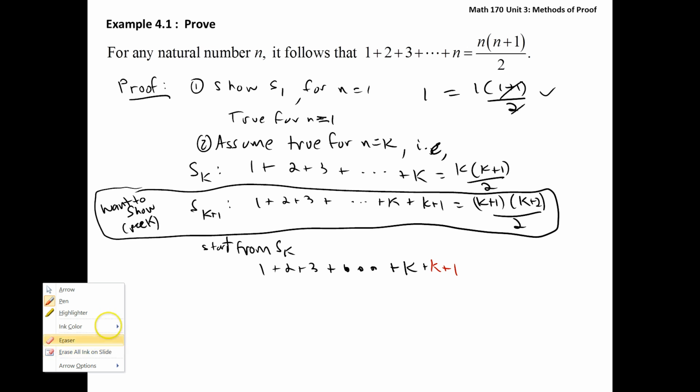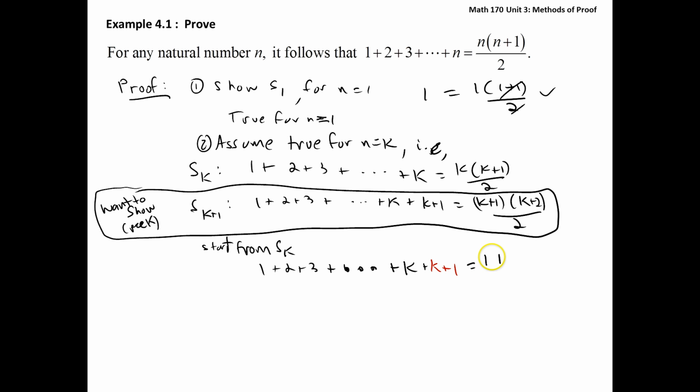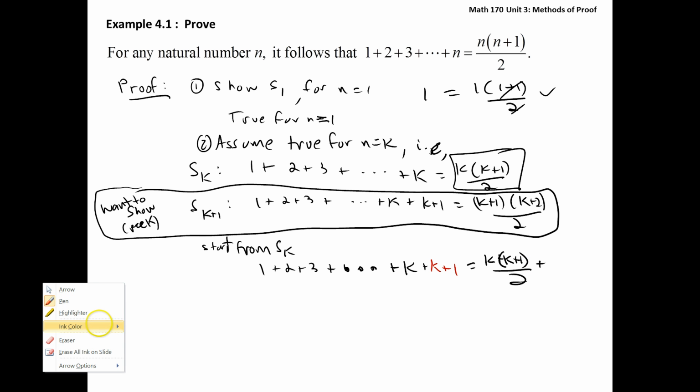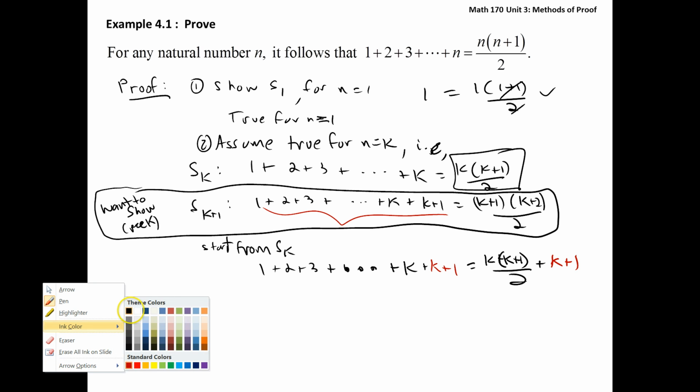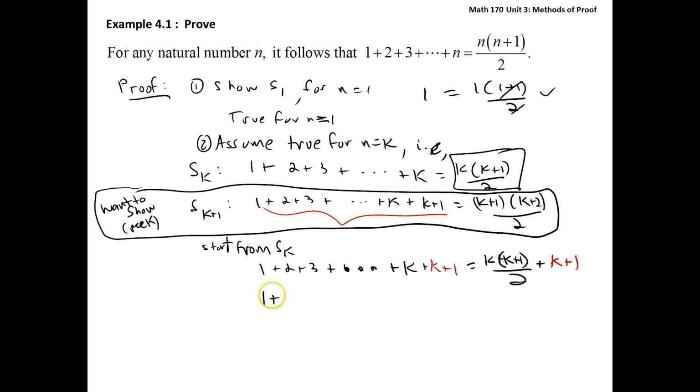Well then, if we add k plus 1 to the one side, we should also add k plus 1 to the other side. So we have k times k plus 1 all over 2, and we're going to add k plus 1 to that side too. So we have exactly the left hand side of S sub k plus 1. We just need to show that the right hand sides are the same. We can proceed with just a little bit of algebra. We're going to see that, yes, it is true that if I add up all the way up to k plus 1,